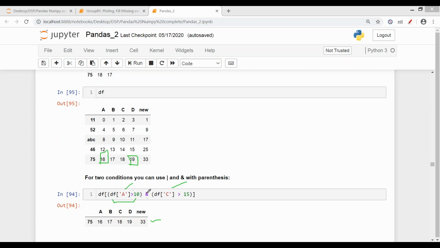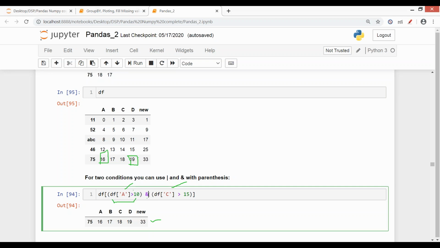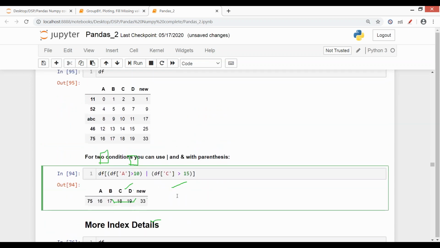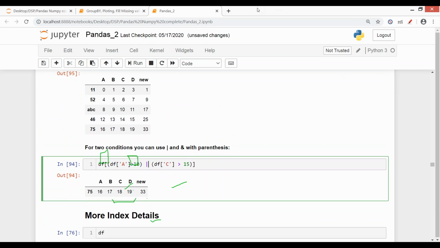If you want an or condition, or can be used by using this pipe sign. So you can check for multiple conditions. These are simple commands.